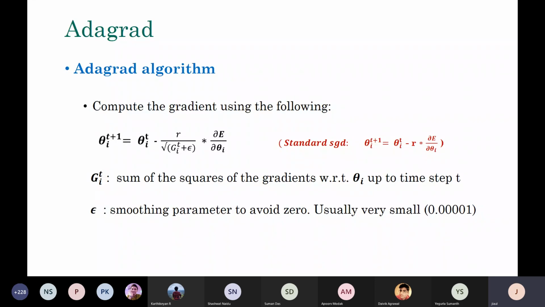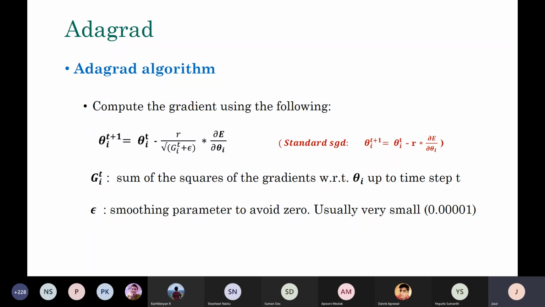Now, there is a small quantity called epsilon, which is a smoothing constant. Again, this is a very small value actually. So in case that accidentally or for some reason G_t,i becomes 0 or a very small number, the epsilon can smooth this value a little bit. Okay, so it's basically a constant number, usually set to a very small number. Okay, so let's see how we actually do this.